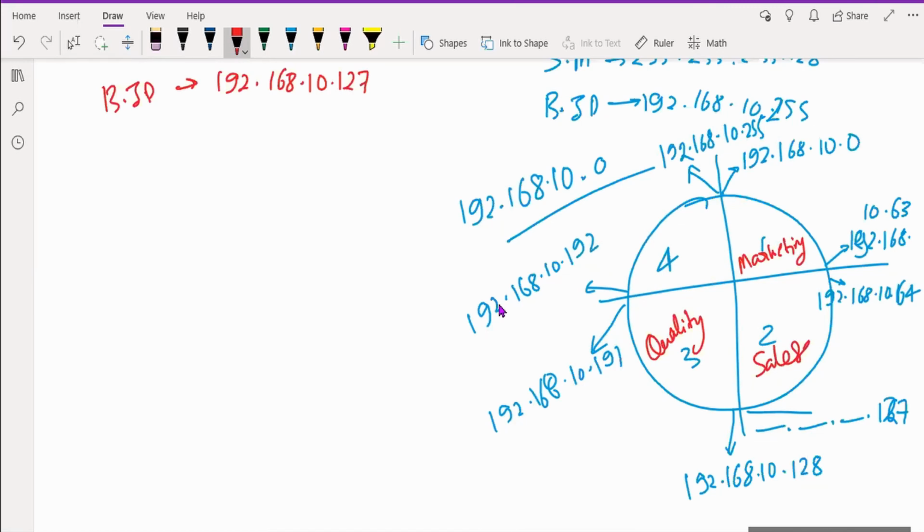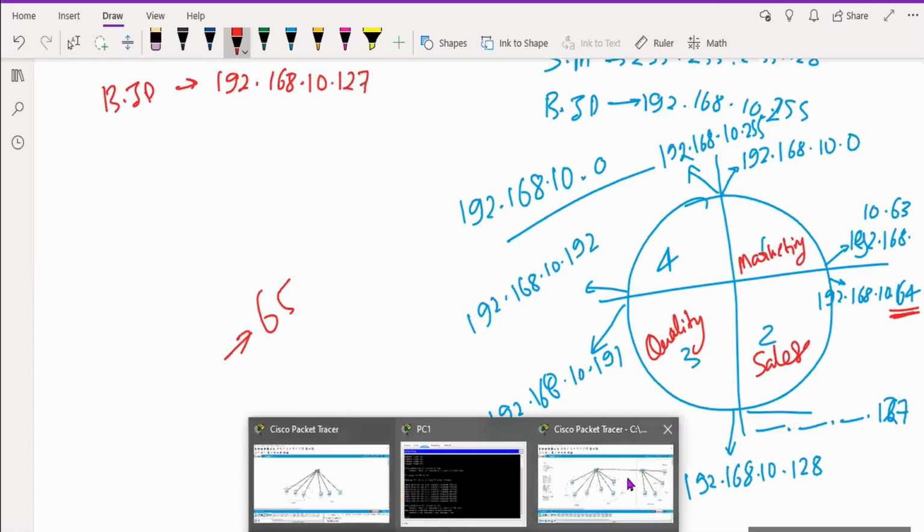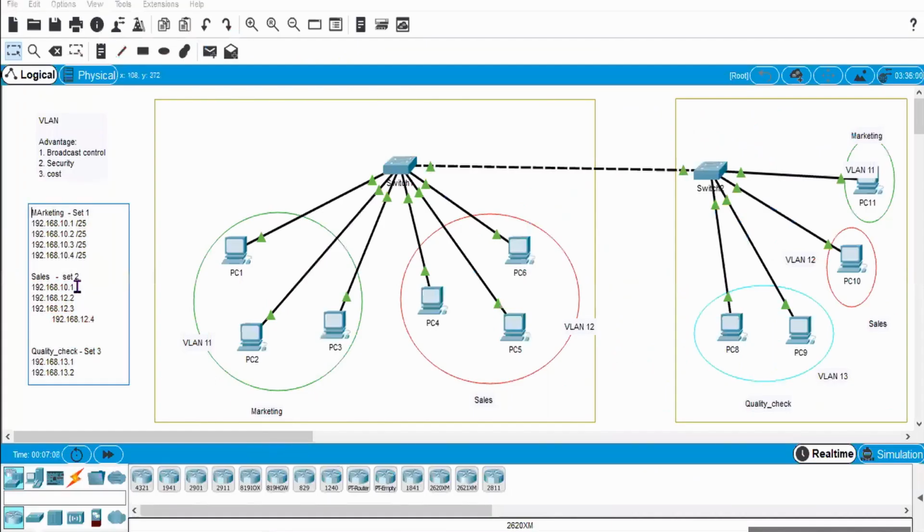Here I can see that 64 is my network address, so I need to write from 65 my valid host. So I will go here, and this one will become 65, and the second one will become dot 10 dot 66.